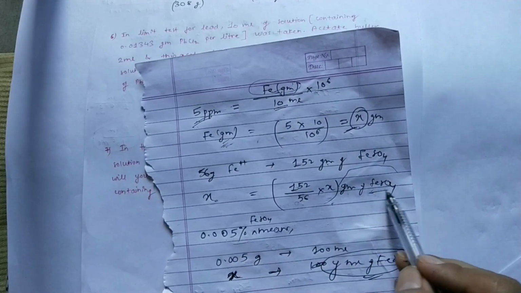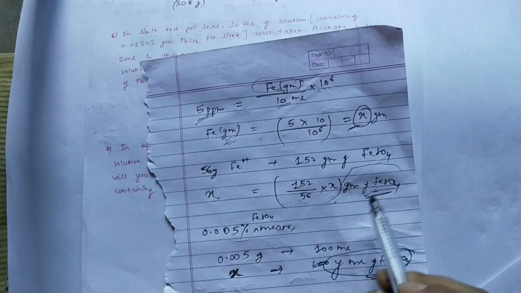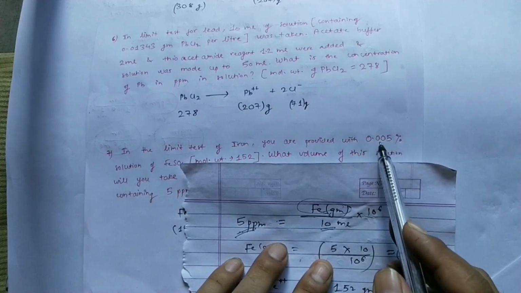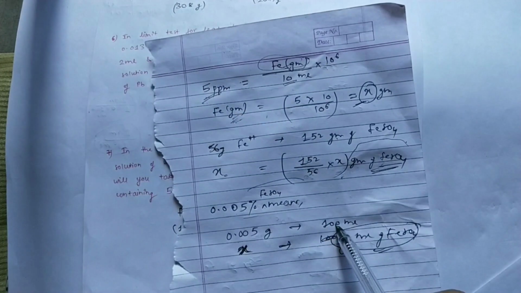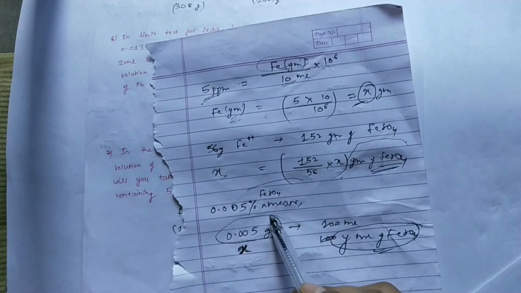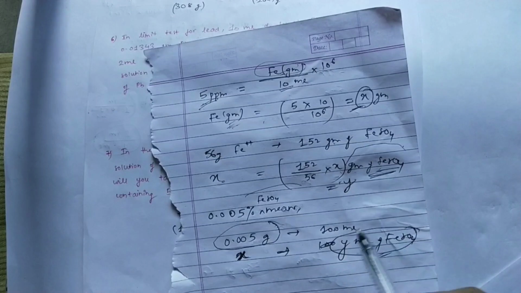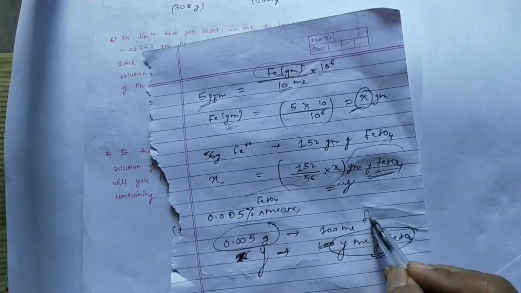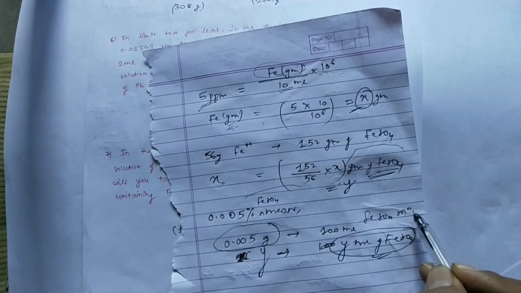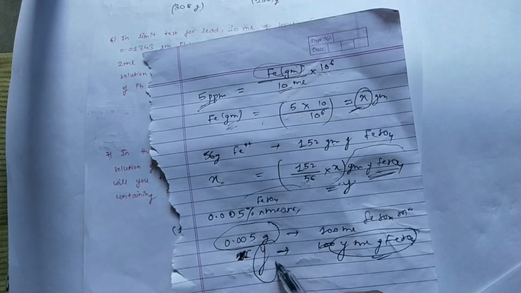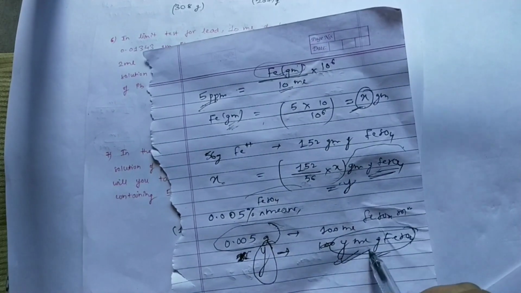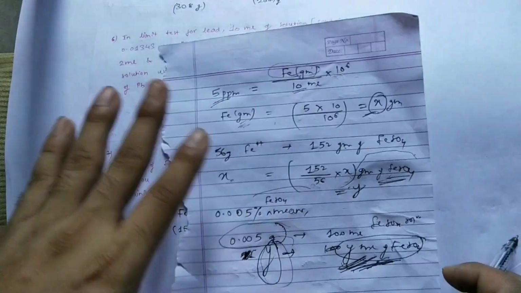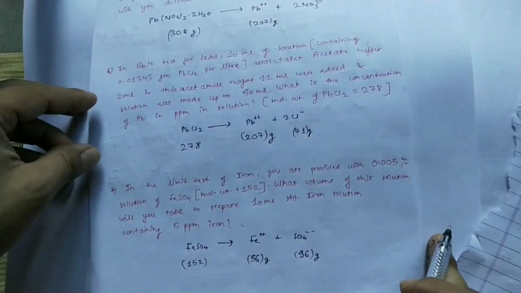Now you have the ferrous sulfate. One more thing is given here: 100 ml contains 0.005 gram of ferrous sulfate. So suppose the required ferrous sulfate is Y gram. For 0.005 gram of ferrous sulfate, 100 ml of ferrous sulfate solution is required. Then for Y gram of ferrous sulfate, you will find out how many ml of ferrous sulfate solution will be required to dissolve Y gram. So this is how the parts per million numerical will be solved.